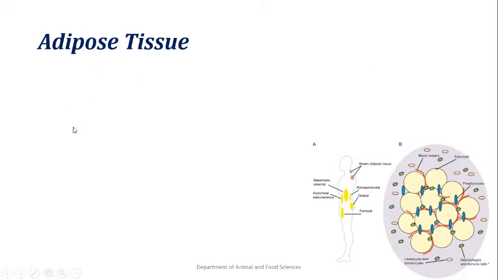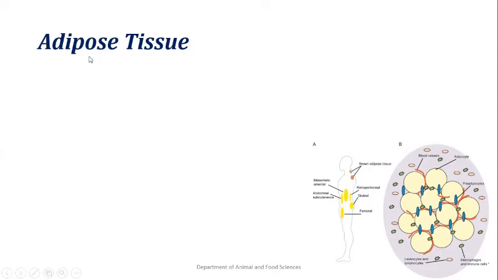And the main function of adipose tissue is to store energy in the form of fat. It means triglyceride. And you know that people who are eating lipid-rich foods, usually they are obese. The reason for that is this adipose tissue. People who are eating too much lipid or fat-rich foods, then the excess fat is stored in adipose tissue,